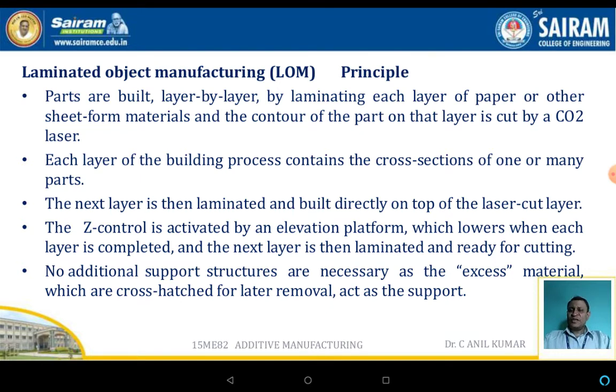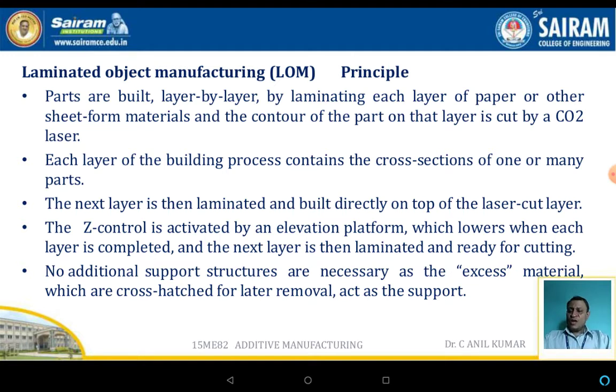Each layer in the building process contains a cross section of one or many parts. The next layer is then laminated and built directly on top of the laser cut layer.